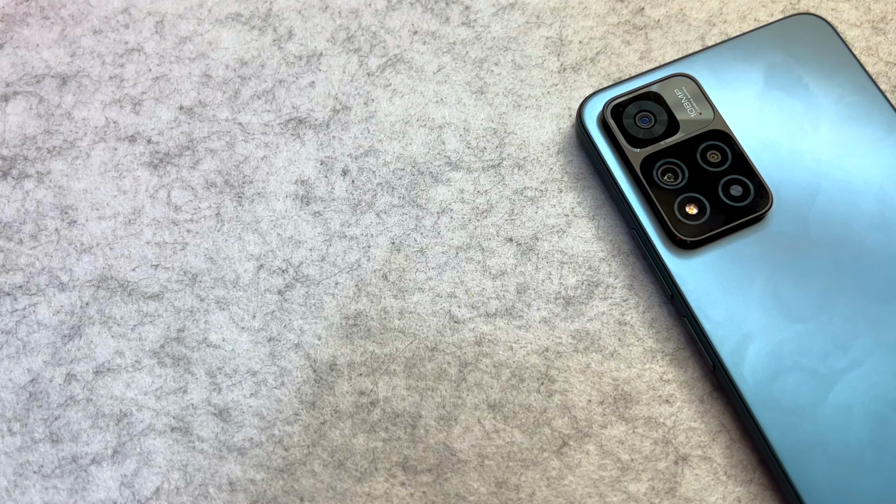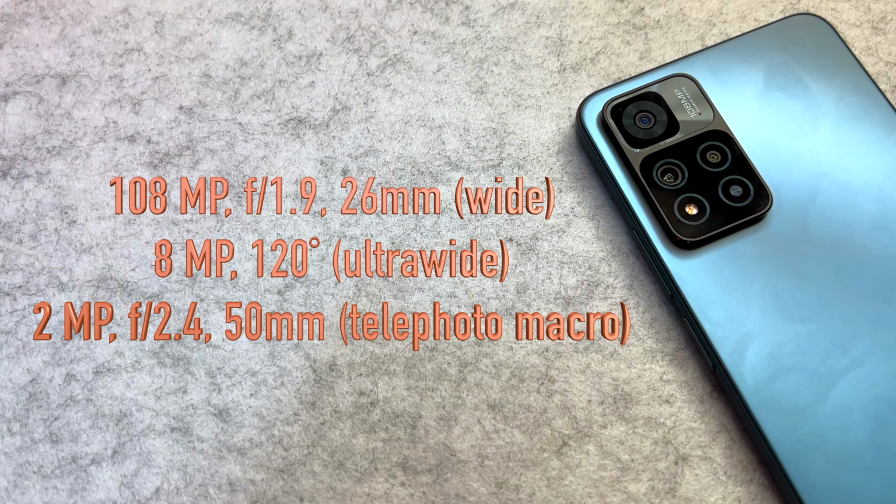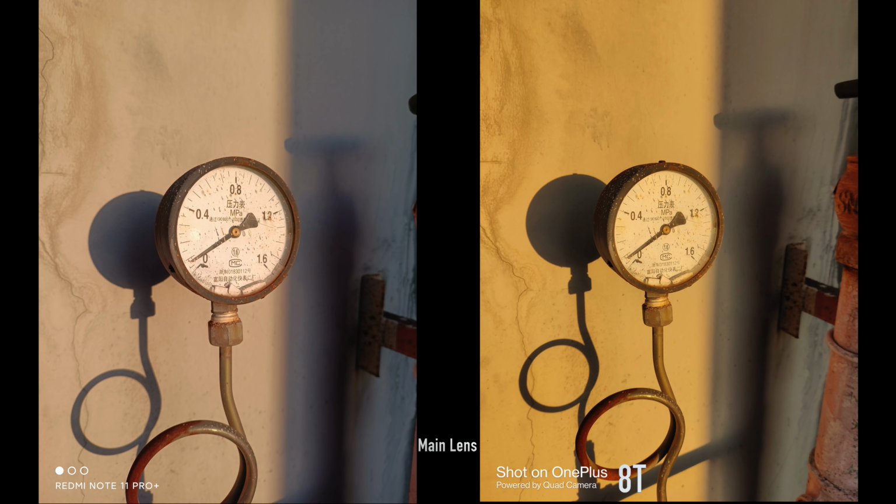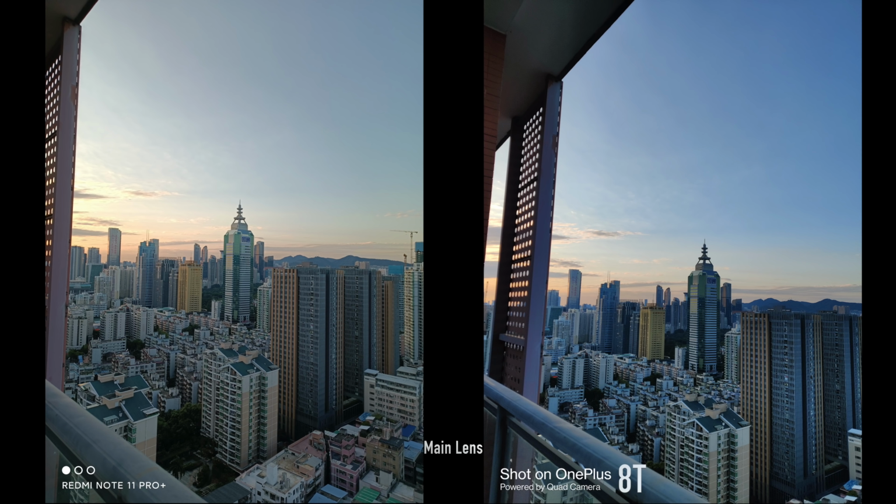Then we get to the cameras, which I think for the price do a decent job. In fact, I was actually quite surprised at the quality. During the daytime it takes decent shots with plenty of detail, and although falling a little short behind the OnePlus 8T, which is over a year old now, there are times when I prefer the shots from the Pro Plus,